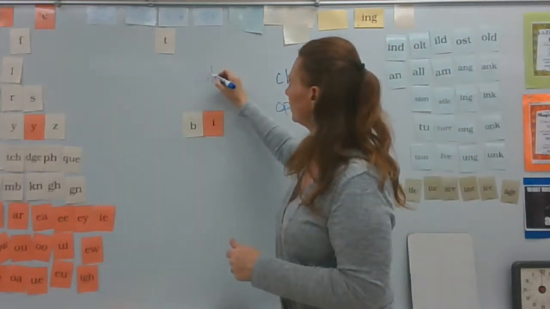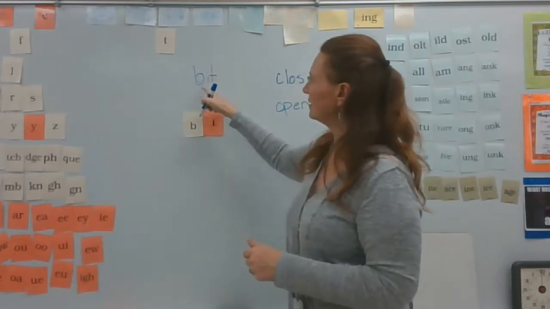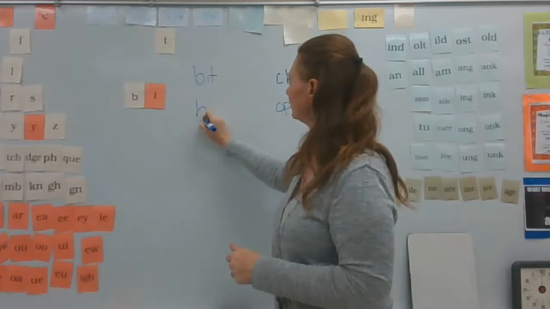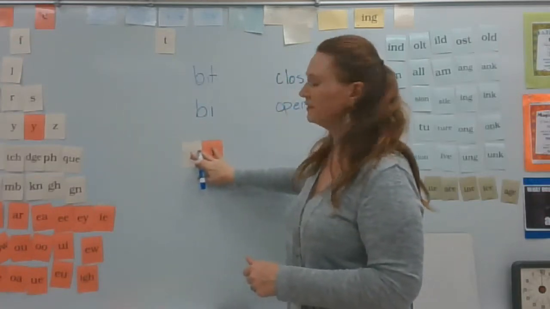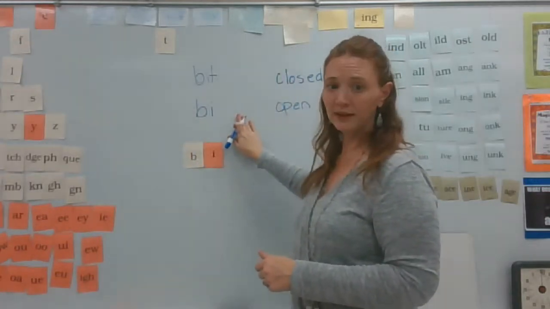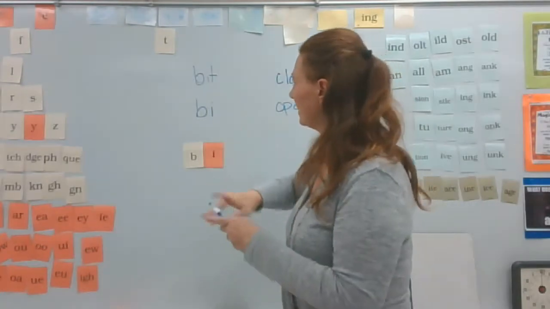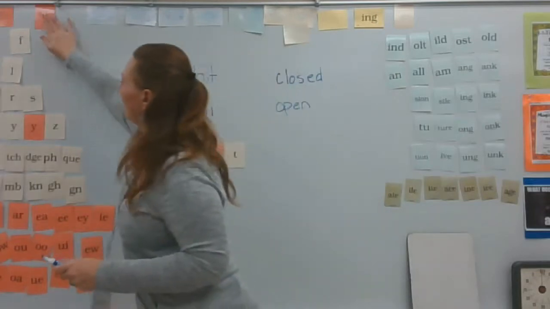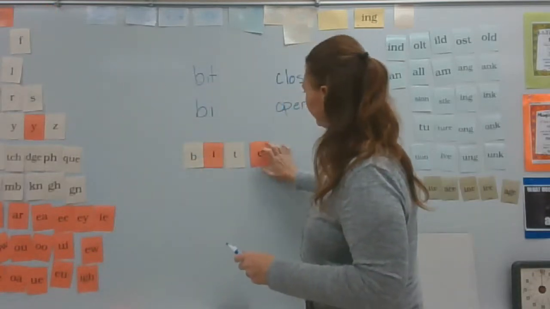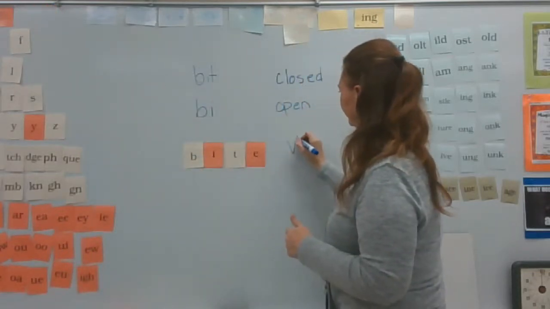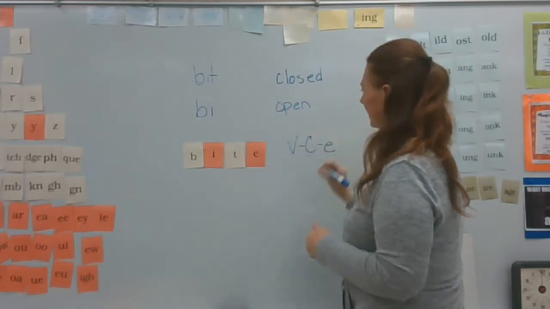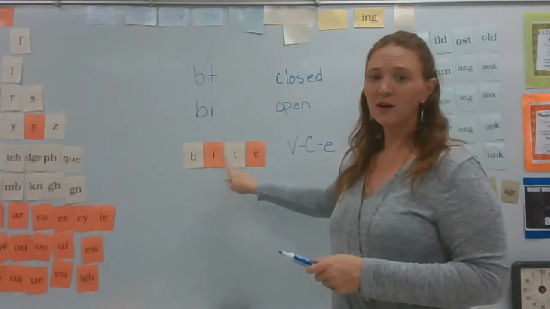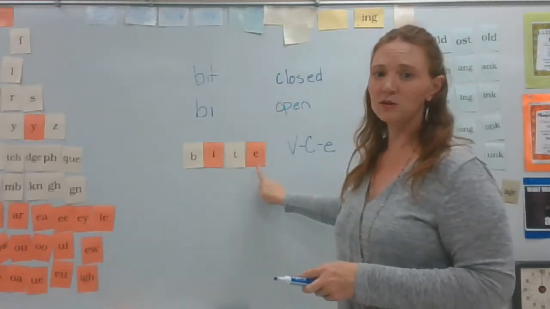So we had a closed syllable, short vowel sound, closed in by a consonant. An open syllable, one vowel, left open and says its name or its long vowel sound. The third type of syllable is a vowel consonant E. In the vowel consonant E syllable, we have one vowel followed directly by a consonant, followed directly by an E,